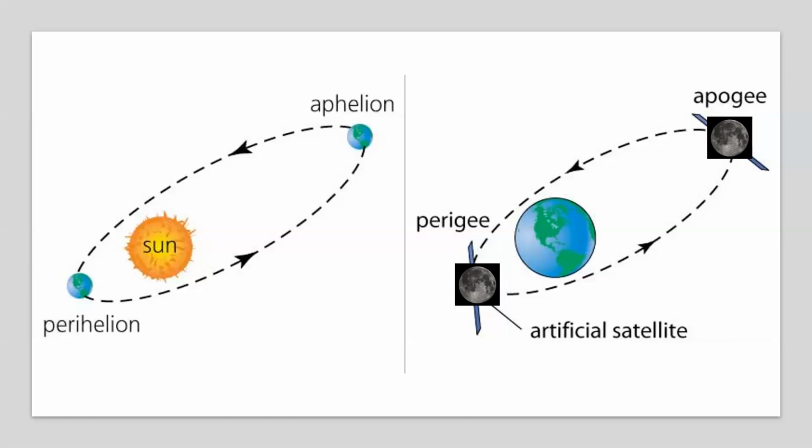It will be at a certain point closest to the earth, and at another point it will be farthest from the earth. So perigee, apogee, and again remember that letter A meaning away, farthest distance from the central body. It could be sun, it could be earth. After this, again remember,